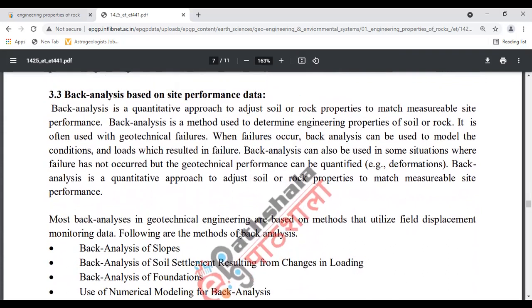Back analysis is a quantitative approach to adjust soil or rock properties to match measurable site performance. Back analysis is a method used to determine engineering properties of soil or rock. It is often used with geotechnical failures. When failures occur,